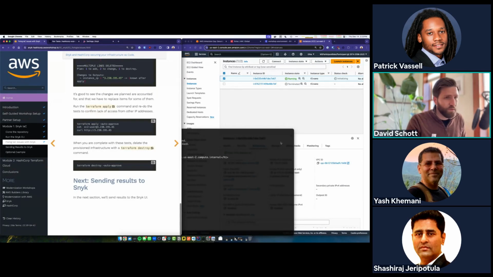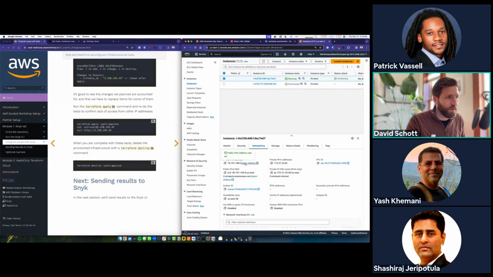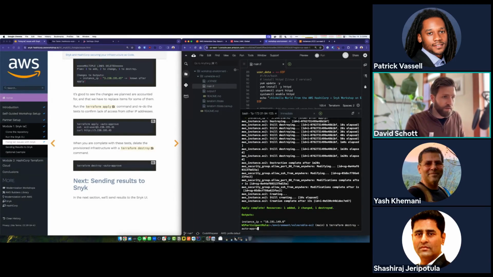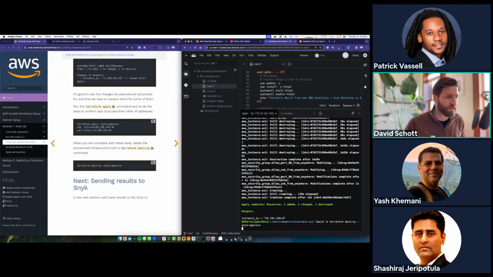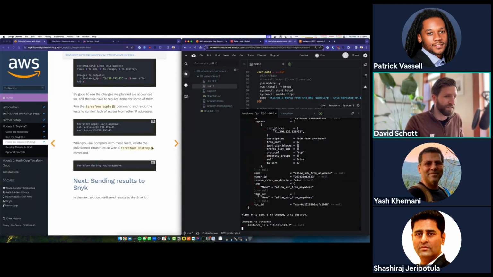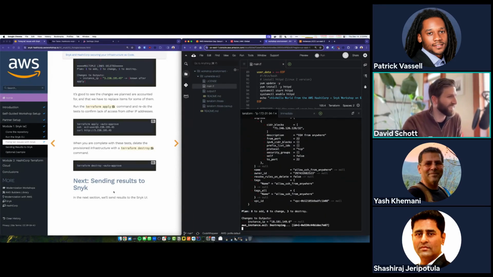All right, so we just went ahead and secured our infrastructure running out there using Snyk. And now let's go ahead and destroy it. Because if we don't, then Patrick and Raj are going to come find me and egg my house for not cleaning up after ourselves. So let's go ahead and terraform destroy -auto-approve. That's going to tear down our infrastructure. And did I say house? I meant apartment. I'm in New York, so no house here.